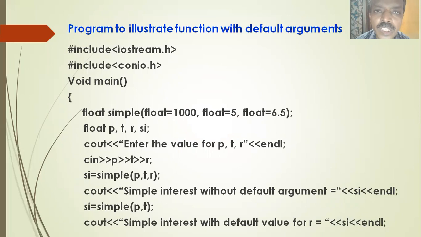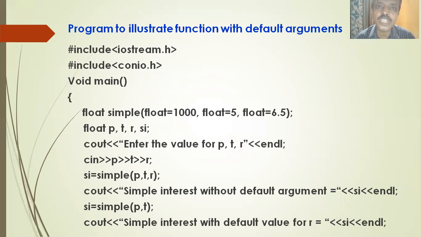Let us take the second program to illustrate the concept of default argument. In C++, default argument is also one unique characteristic of C++, where it is possible to call the function with fewer arguments than mentioned in the prototype. If any of the arguments is missing, for the missing argument, it will take the value from the default list. But the rules you have to follow for specifying the default arguments, I explained clearly in the session on functions with default argument. So here as an example, I will write a program to calculate the simple interest.